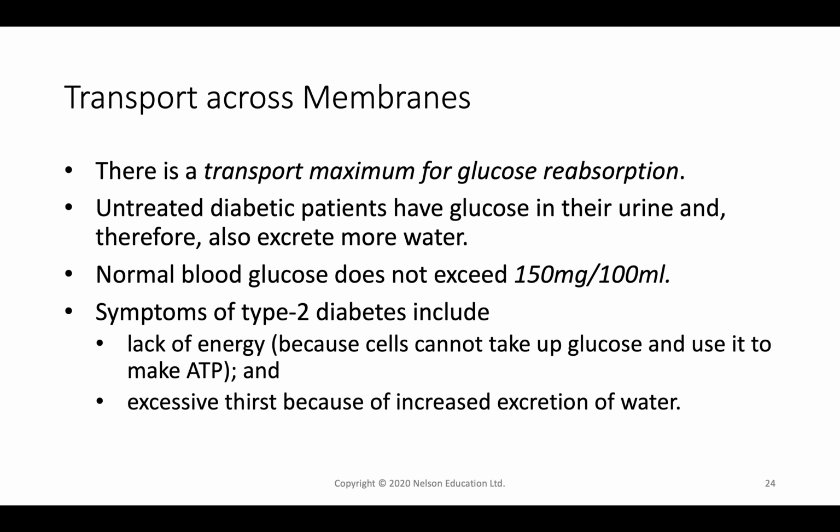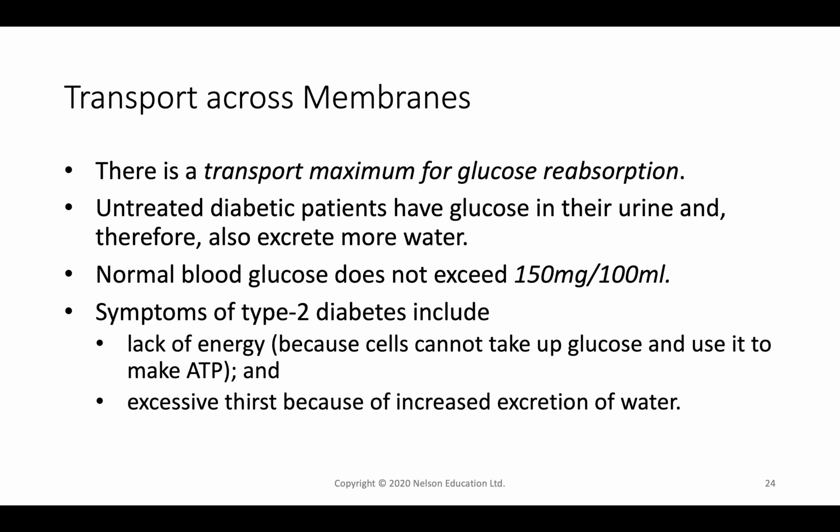All right, so as I mentioned, we're able to transport things across the membrane, things like sugars, etc. So we're able to maximize the resorption of glucose and protein, etc. And if we find glucose in the urine, we might have a problem with something like diabetes, for example. So if we have diabetes that is untreated, these patients will excrete glucose in their urine, which is abnormal, and also excrete more water in their urine. Now, normal blood glucose is going to be somewhere around 150 milligrams per milliliter, but type 2 diabetics are going to have